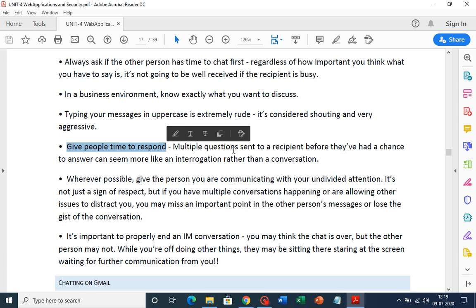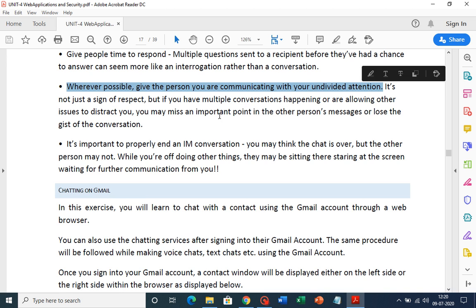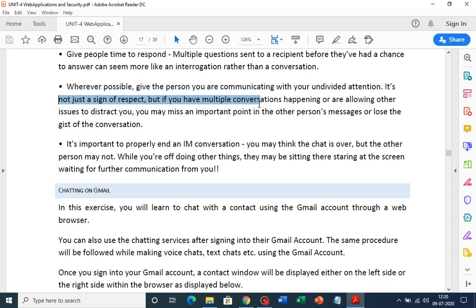Multiple questions sent to a recipient before they have had a chance to answer can seem more like an interrogation rather than a conversation. Okay, so don't do that. Wherever possible, give the person you are communicating with your undivided attention. Okay, so it's not just a sign of respect, but if you have multiple conversations happening